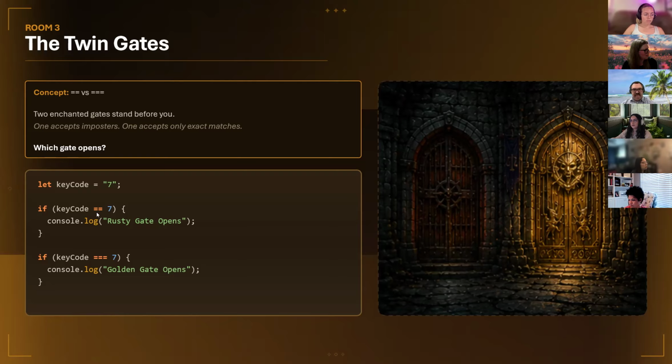The only time this might be acceptable, the only time I figured this might come in handy, is when you want to check for both null and undefined. So if you do value equals null and you use this equals, it will also catch that conditional statement for undefined as well, because null and undefined coerce into the same